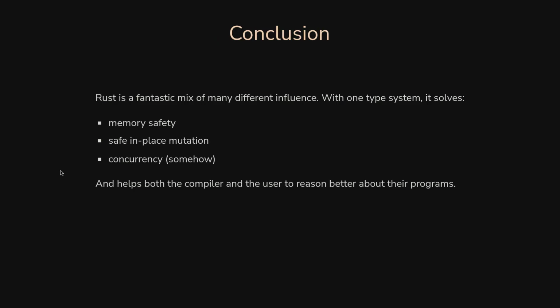That's it. I think if you should remember something, it's that Rust is a mix of many different influences. And I think that's what makes it a great language, both in terms of people and ideas. And this combination makes it so that it can give guarantees in quite different domains, like, once again, memory safety and concurrency. It's not obvious that the same type system could give guarantees in both. And having a rich type system like that helps both you reason about your code, but also the compiler. So hopefully it will be able to produce better code. And that's it. Thanks.